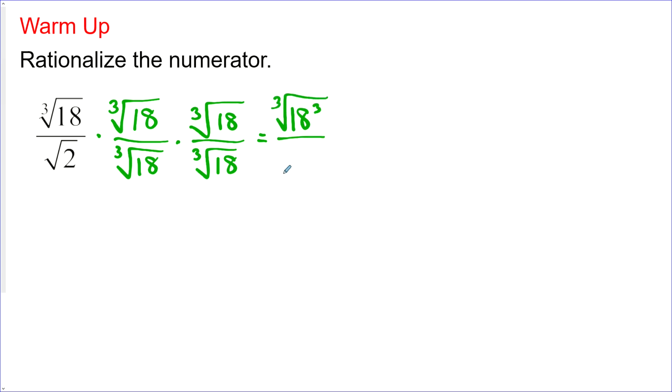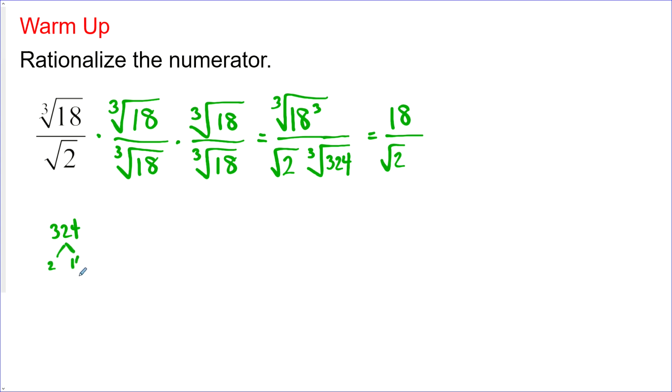And in the denominator, we have the square root of 2, and we have the cubed root of 18 squared, which is 324. And in the numerator, we have rationalized it, it's 18, and in the denominator, we've got root 2. Now, this might have a perfect cube in it, so we need to break 324 down